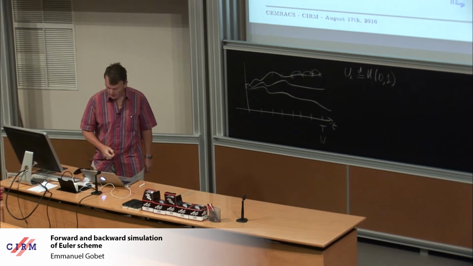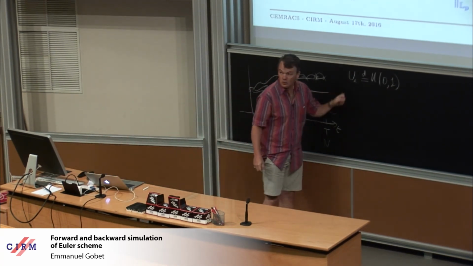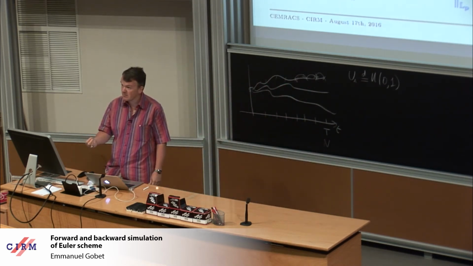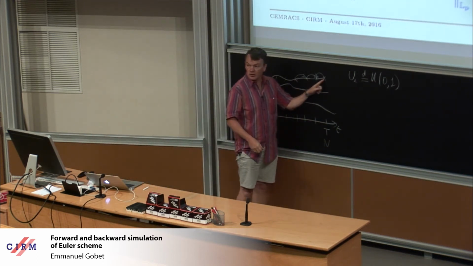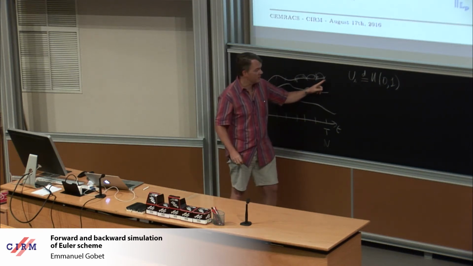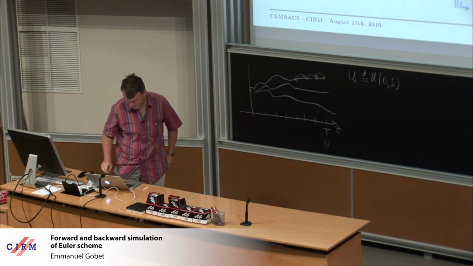But if it is very easy to regenerate the U_i, it doesn't mean that it is very straightforward to regenerate the process, typically. Because the process here is a complicated function of the Brownian increments, and also the Brownian increments are a function of the U_i. So reverting the process, regenerating the process, means a bit more than just inverting the generator here, in fact. This is what I'm going to explain here.